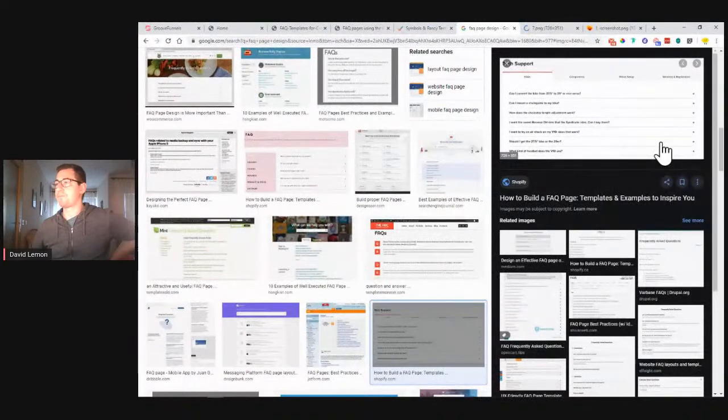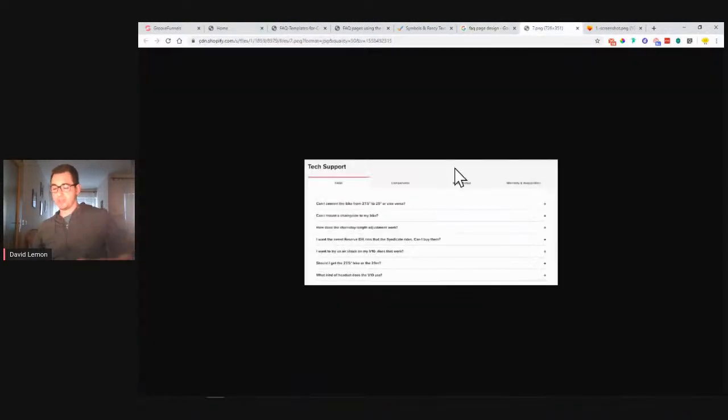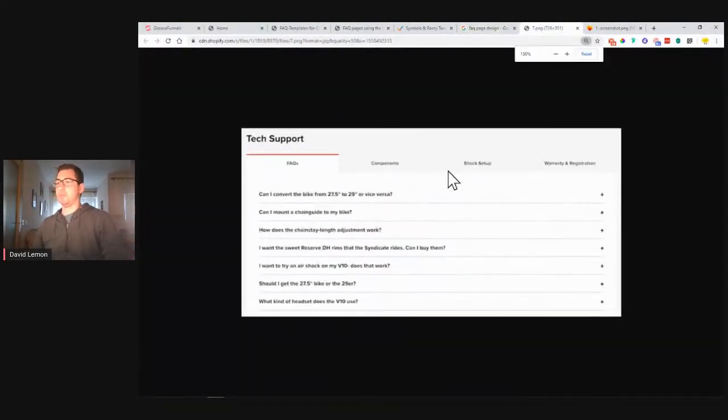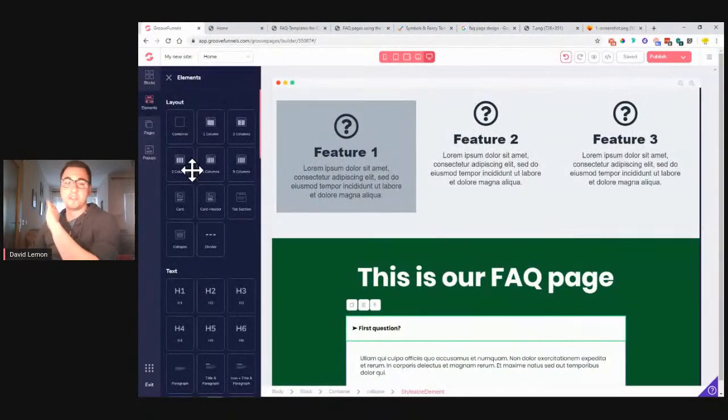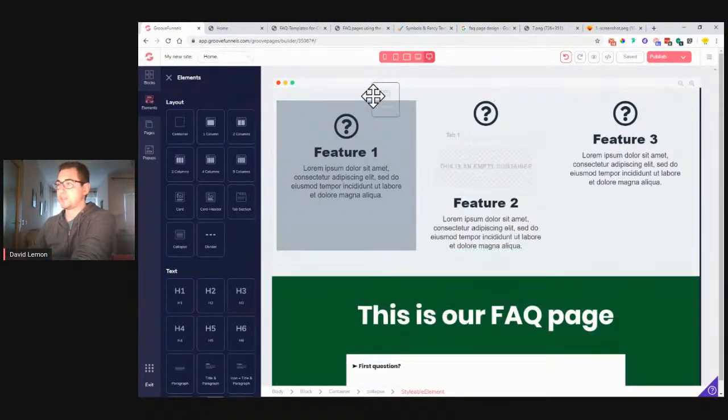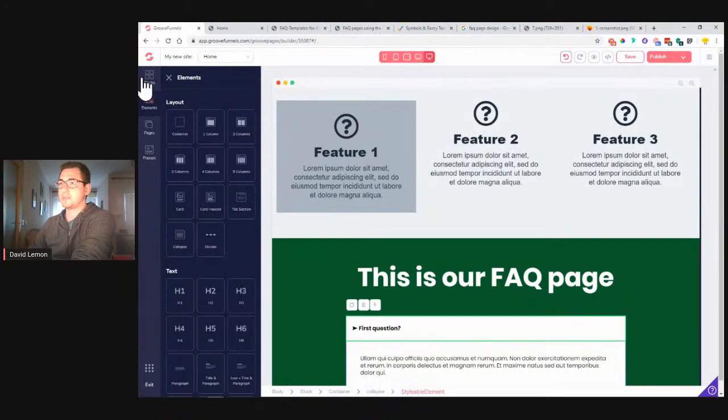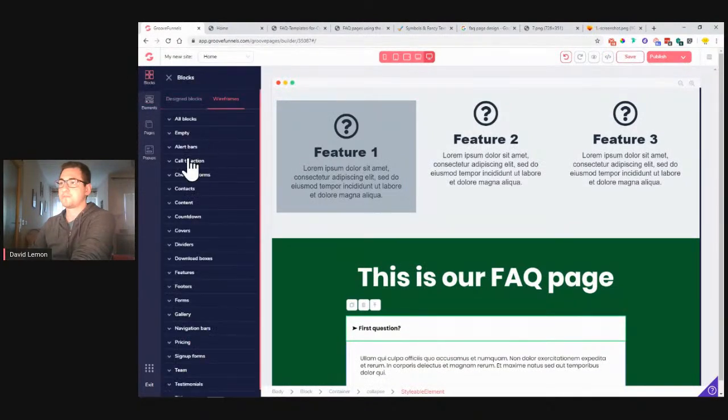I think I will be creating a separate video for that one. But as you can see, there is a page section where somebody used not the collapse element only, but they used the tab element from here. Let me just show you the tab element. I will create a separate video on that one, but you can create a tab section, probably in a separate empty block